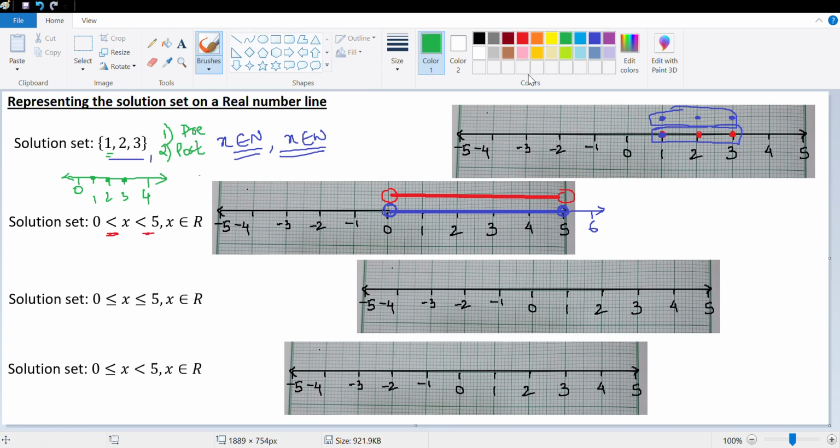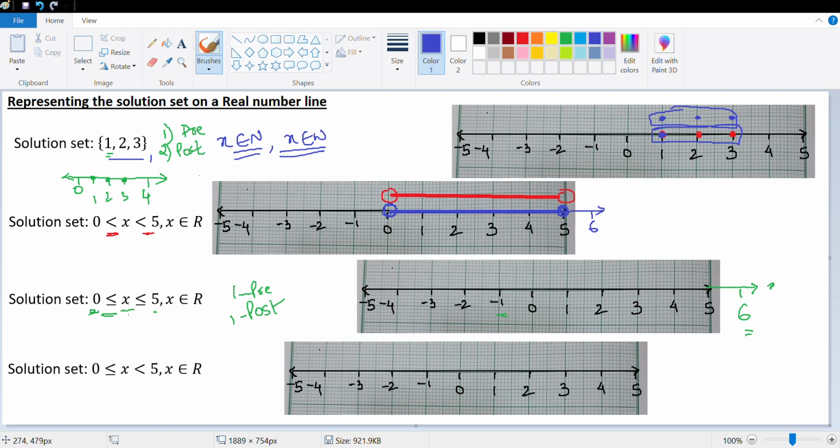So let's look at the next one. The next one we do is solution set x is more than or equal to 0. Again, a mistake from my side. This number line should extend up to here and it should have a 6 for sure, because there is one pre and there is one post, which means there should be a -1 for sure, which I have put, and after 5 is 6, which I had not put, so there should be a 6 as well. Good, so let's look at this.